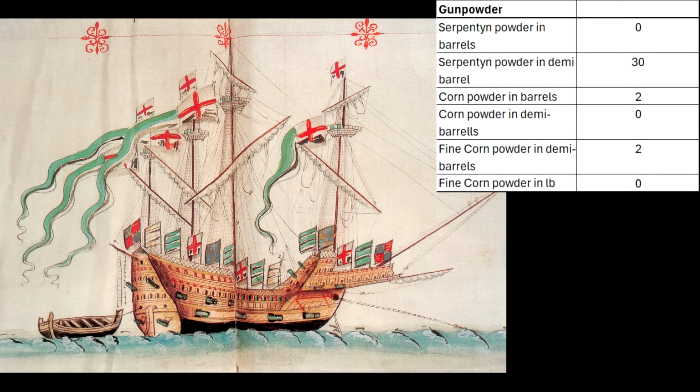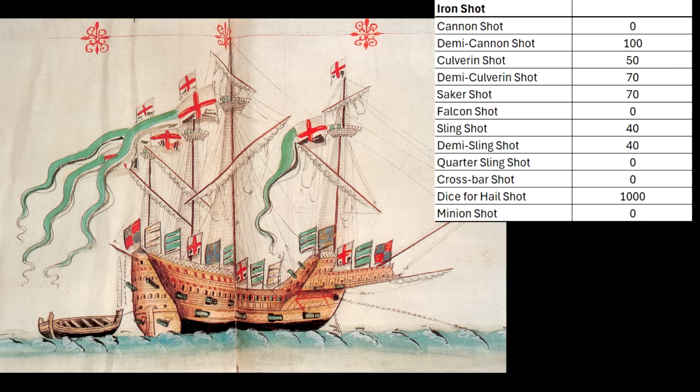In powder land, we've got another change. So we're no longer counting our serpentine powder in lasts stored in barrels. We instead now have 30 demi-barrels, or half barrels, of serpentine powder. We've still got our just over 2 tons of corn powder, and the fine corn powder is now 2 demi-barrels rather than 40 pounds. We've got fairly standard, kind of towards the higher end distribution of shot per gun for iron shot,